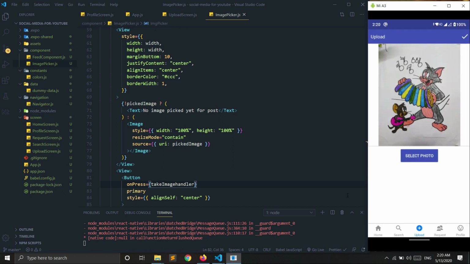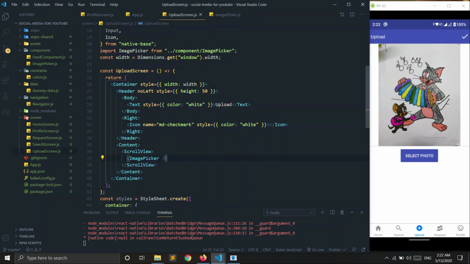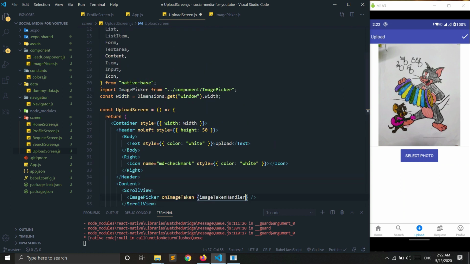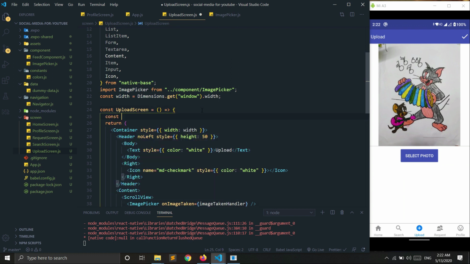Now below this button, I also want to add a text field to enter the caption. Okay, so in the upload screen, first of all, let's pass a function as a prop so that we get the image path in this upload screen page. Okay, so let's create a function over here, and for image to store,